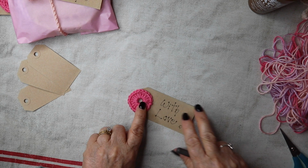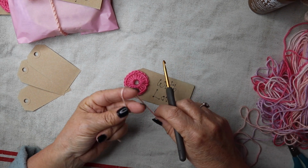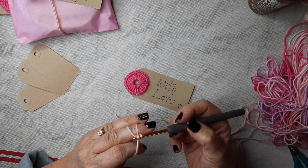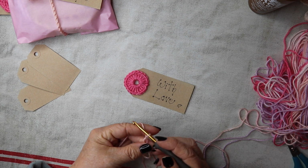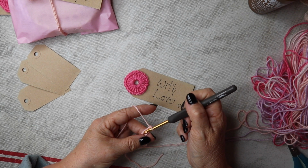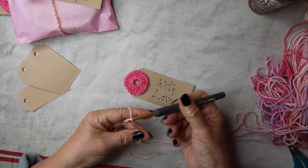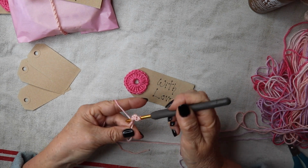So to make the ring, which is really simple, all you do is make a magic circle. Make this magic circle whichever way you know how, and just chain one to secure it, and then we're just going to chain one more. They don't count as a stitch, and we're just going to work into that magic circle, and we're going to do 20 trebles. So yarn over, pull through, yarn over, pull through, yarn over, pull through. So yarn over and down and pull through,